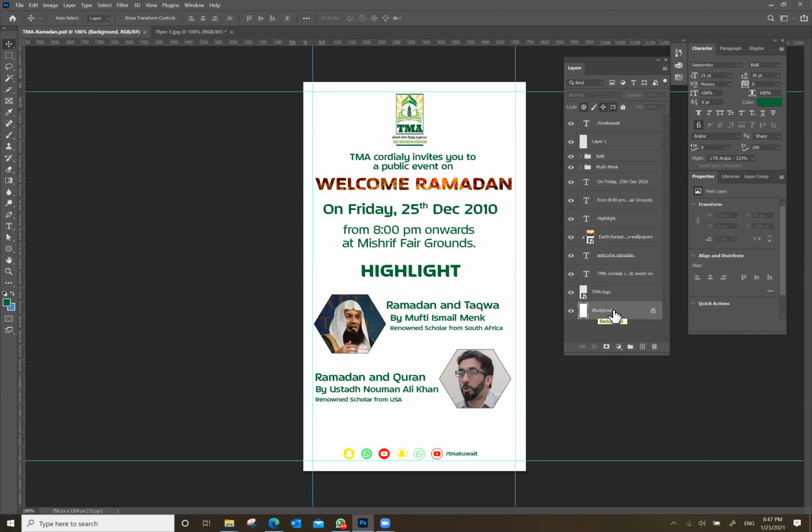But still my flyer is not so attractive. So what is missing? There is something missing here, that is, this is very plain. You should have some kind of a background effect so that it will make it beautiful. So what I will do, I will click on my background so that my control is in the background. And then I will go to my asset folder and see if I have some beautiful background files.